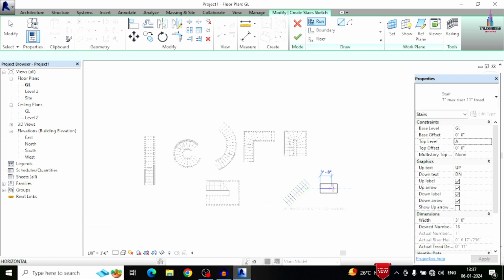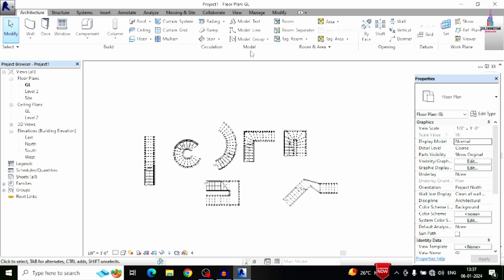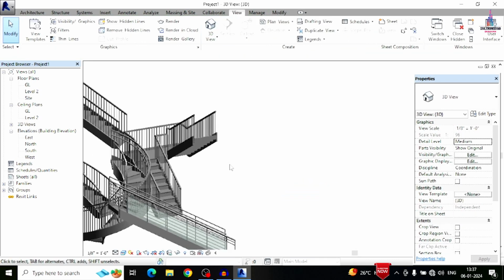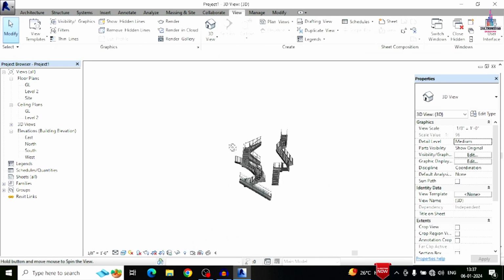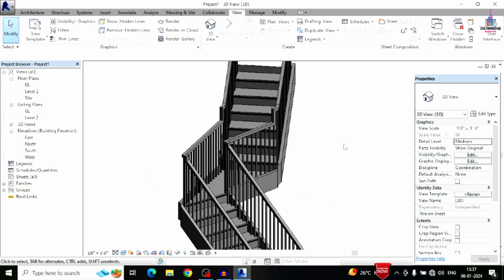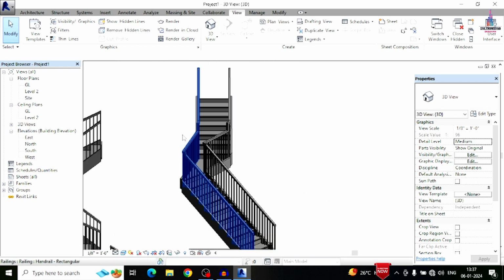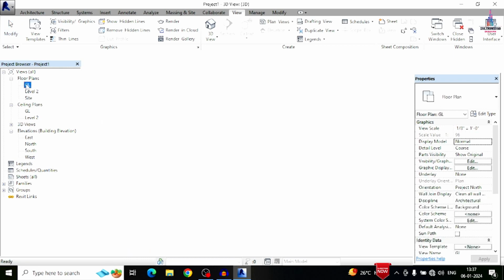Again from this point just I am drawing the staircase here like this, so that it will join the staircase which is related to this pattern. Okay, so we will see that staircase, view option, 3D view option. Now we can see this is the pattern which is related to the staircase, which is having some dimensions here like this. Okay, so this is the process of drawing the staircase.